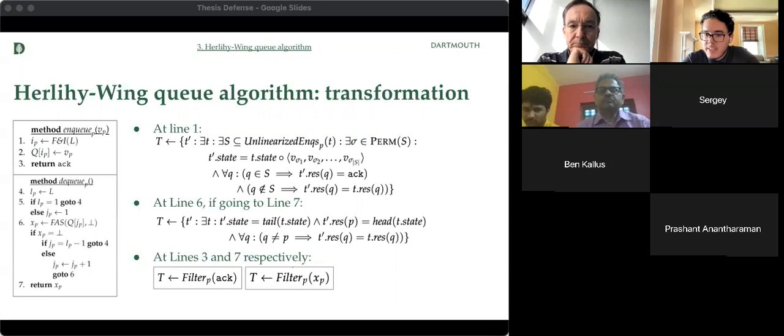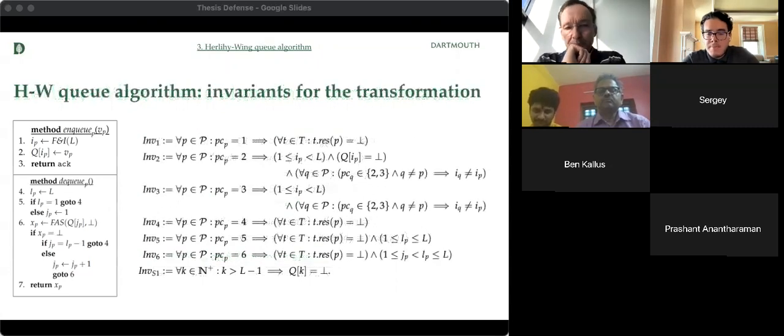And this reasoning here will be the only component of the proof of linearizability we are building up that needs to be verified by a human. Before writing the proof, the final step that remains is to identify an inductive invariant of this transformation that is strong enough to imply the statement T is not empty. Here is a list of